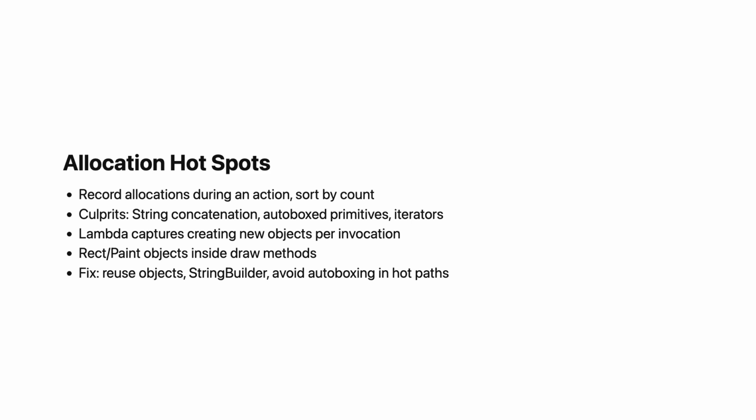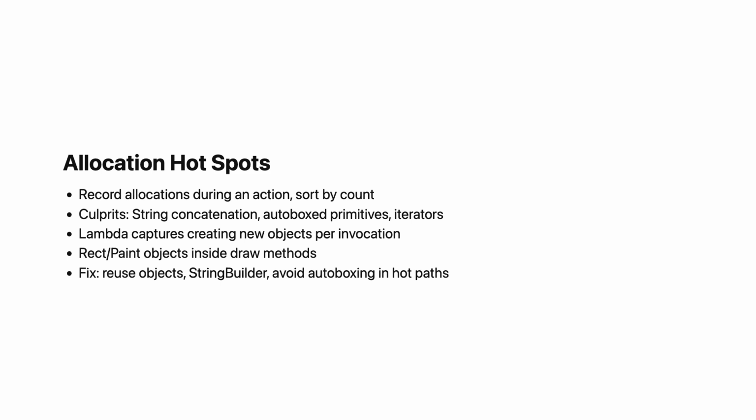One specific profiling technique that catches a lot of developers off guard: finding allocation hotspots. In the memory profiler, record allocations during a specific action, like scrolling a RecyclerView. Then sort by allocation count. You are looking for classes that are allocated thousands of times during a short window. Common culprits: temporary string objects from string concatenation, auto-boxed primitives from using Java collections with Kotlin primitive types, iterator objects from for-each loops,